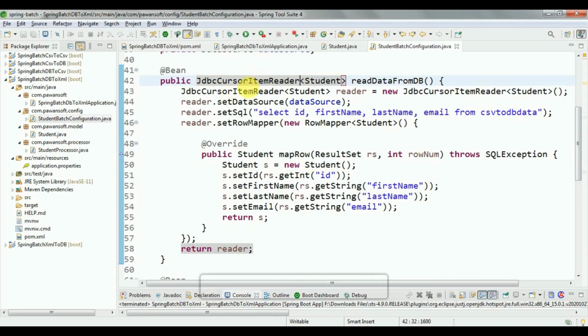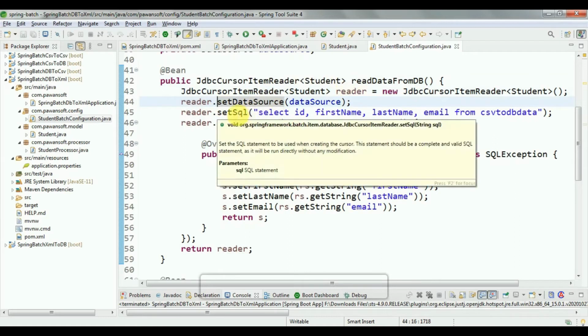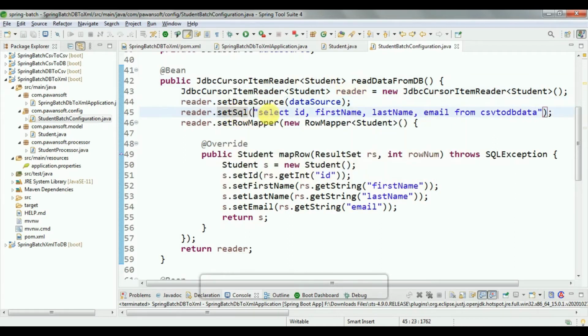Create a method of type JdbcCursorItemReader and create the instance, then reader.setDataSource, and set the SQL query to fetch the data.